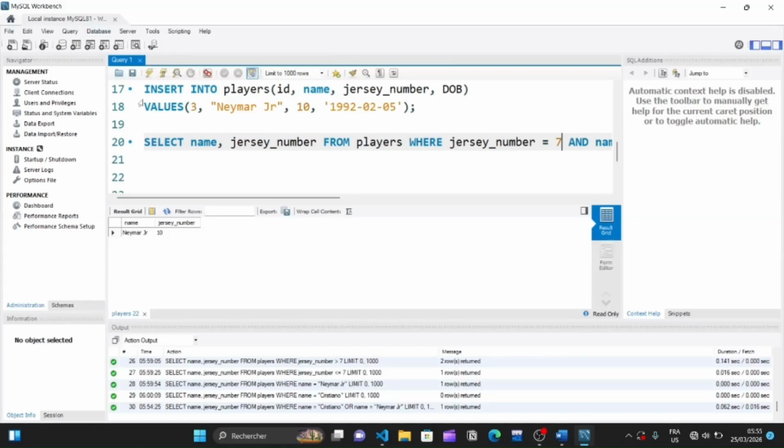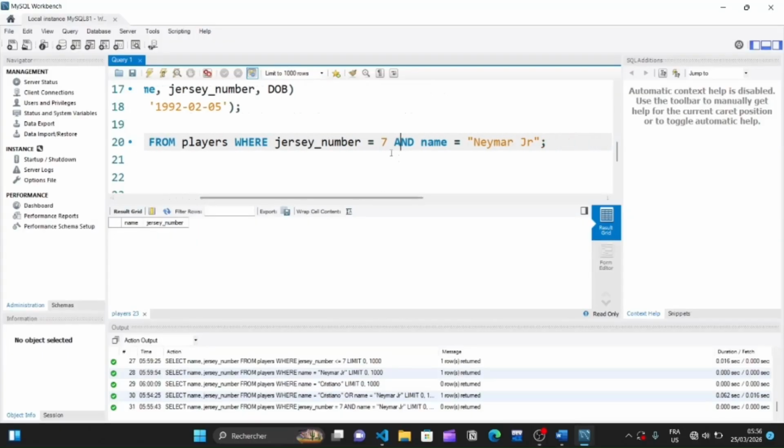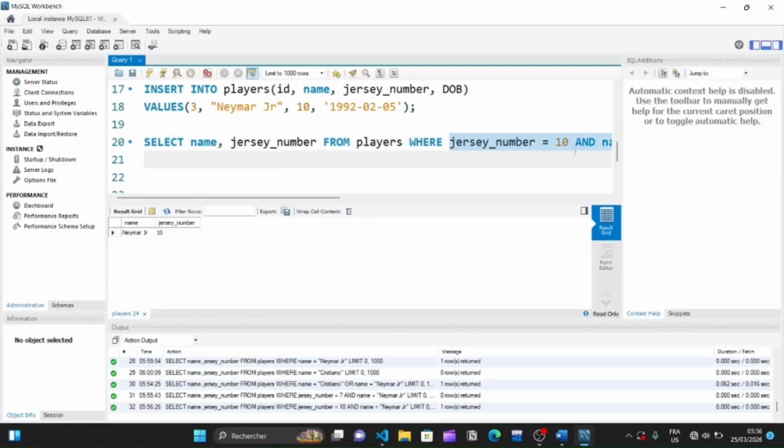And remember, as I said, for numeric values we don't need to use the quotes, whether single quotes or double quotes. So let me run the command again, and here we can see that nothing is returned to us because there is no player in our players table who has the jersey number 7 and the name Neymar Jr. We have somebody with the jersey number 7 but with the name Cristiano Ronaldo, and we also have somebody with the name Neymar Jr. but not with the jersey number 7. Not the 2 conditions are met, but if we change jersey number to 10 for example, now we see that something is displayed because there is somebody who meets both criteria in our table. Now let me cancel the jersey number